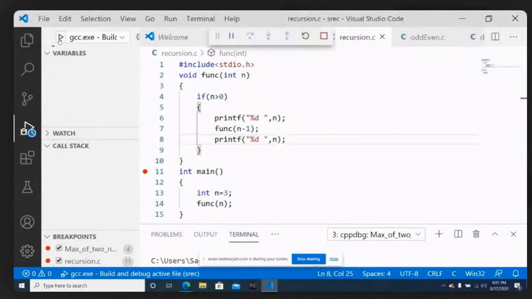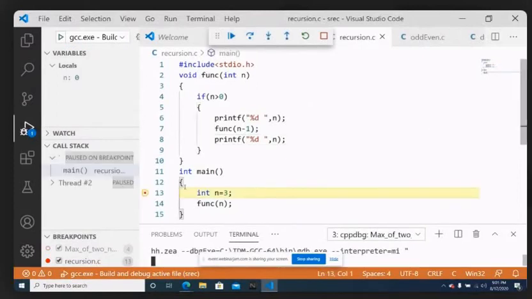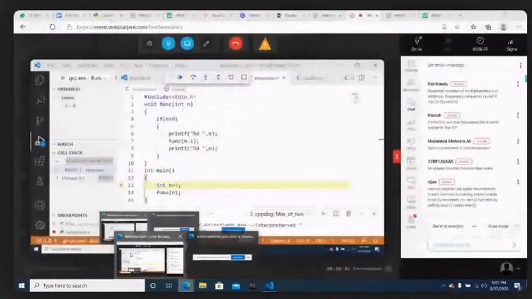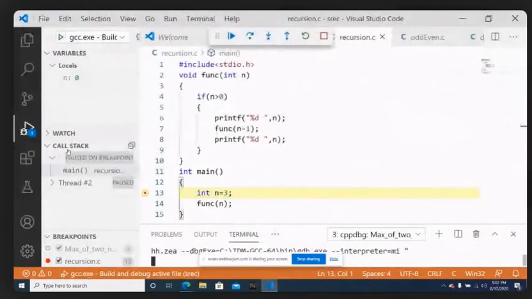Just keep watching it line by line. Watch it carefully. I will show you exactly what will be happening line by line. So I'm going to start execution from the main function. You can see something here on the left side called the call stack. This call stack is the stack that I explained to you, the stack part of the main memory. That stack part is called the call stack here. And inside the call stack, you see that main.